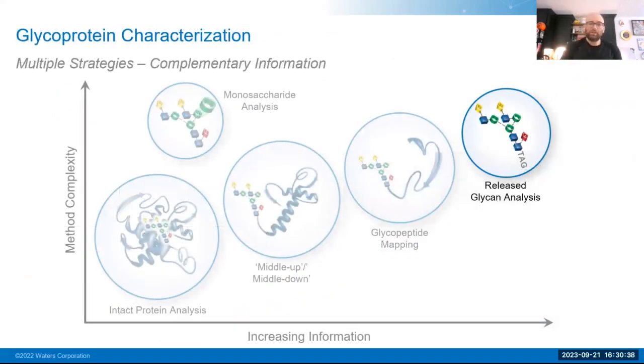And then one of the final techniques, and this is where we can potentially argue which gives us much more information, either glycopeptide mapping or released glycan analysis. They are, in my eyes, a little bit more equal in terms of the information they provide, as the glycopeptide can provide actual sites of glycosylation, while released glycan analysis removes that site specificity. So they're going toe-to-toe in terms of the depth of information. It's just that they provide different types.